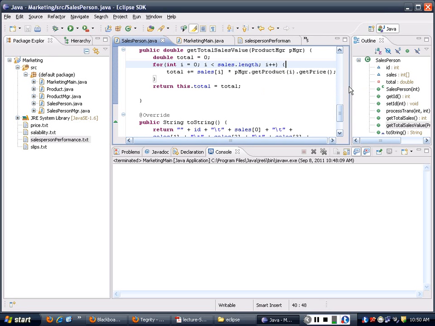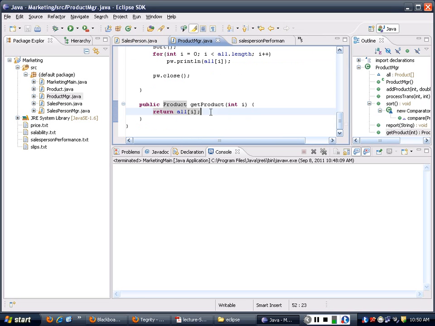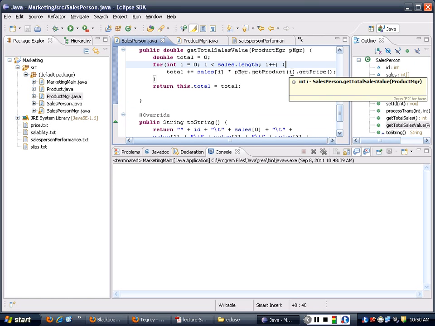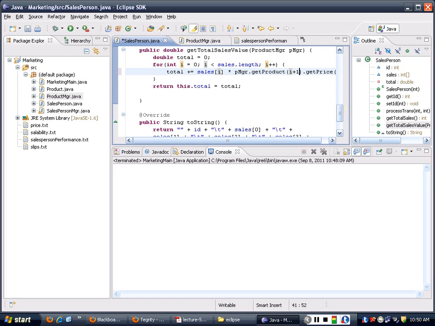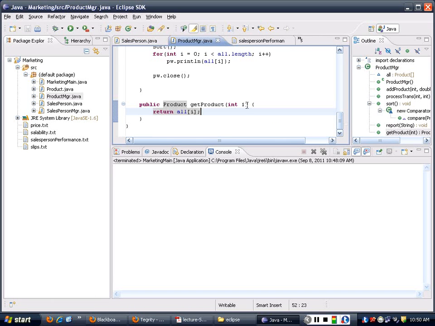So that would mess up everything. Yes, absolutely. Because this is trying to get the i, because the product manager has already been sorted, and the i will not give you the correct answer. Do you understand what I'm talking about? So what you need to do is really go back to the product manager, and when you see this get, you cannot just do a simple get anymore. So this is what we are going to do. I'm going to come here. I try to get the product, because you know that the product IDs get off by 1, so I'm going to increment by 1, and I'm going to come to the product manager,